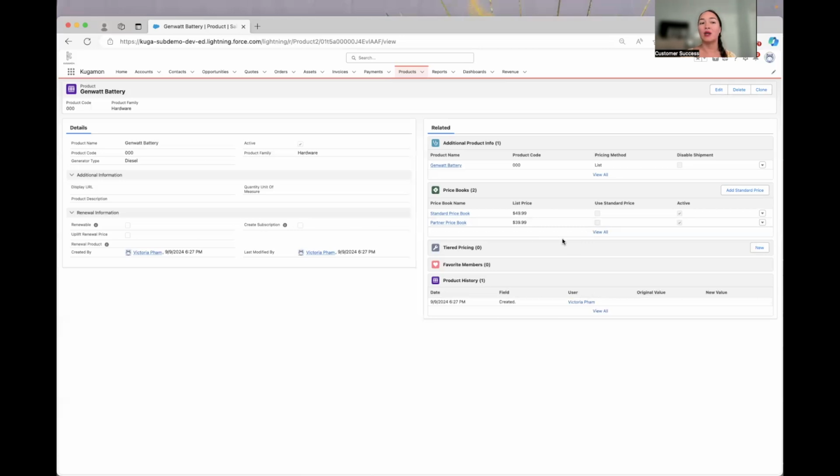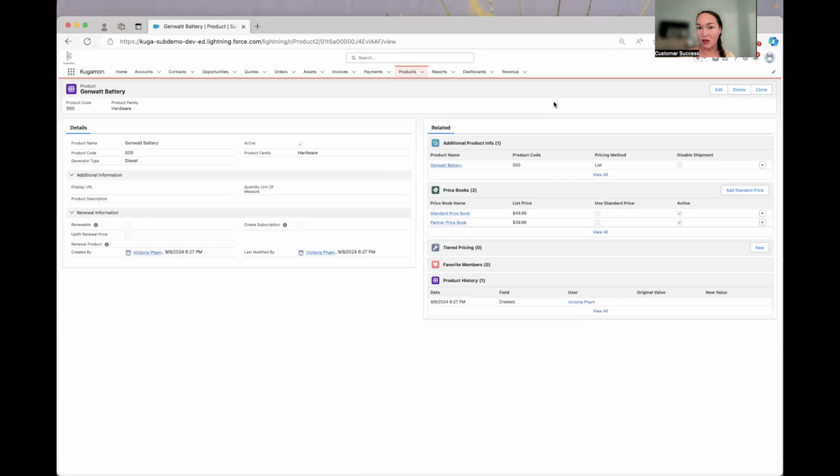So in summary, initially you have your product record. It has details within it. You can keep it simple, you can make it more unique with images and descriptions, but then you do need to give it a unique price. That is captured within the price books related lists. And when you create these different prices, you can tie them to different price books. This allows you to get very granular with how you price the same product in different use cases.